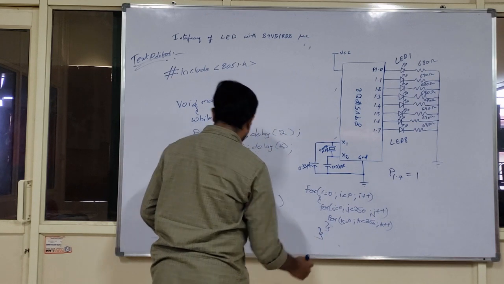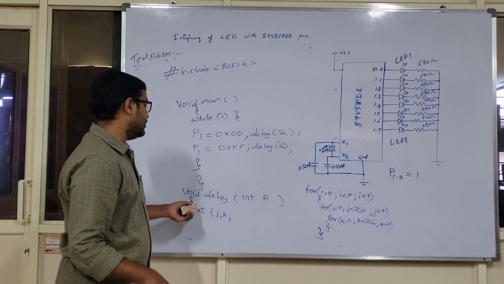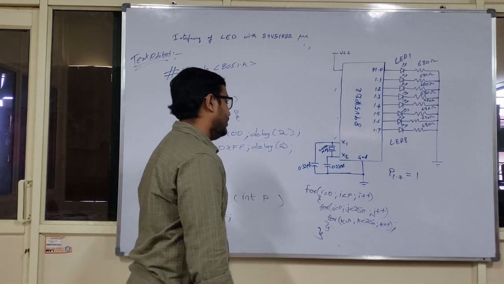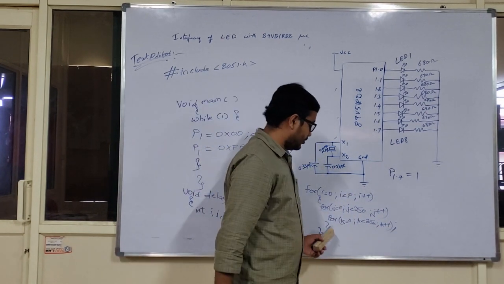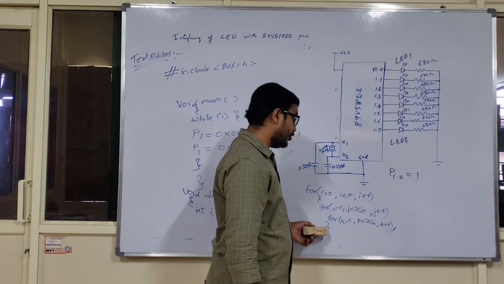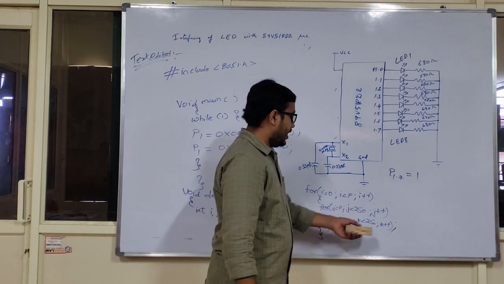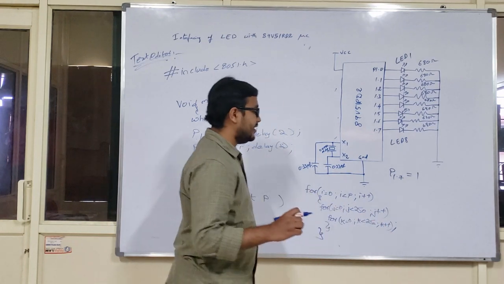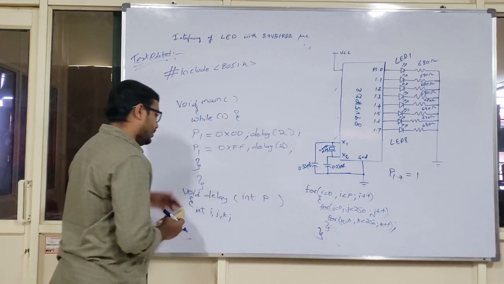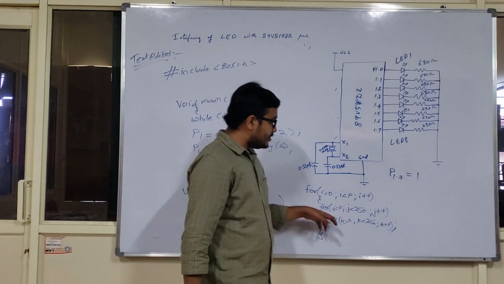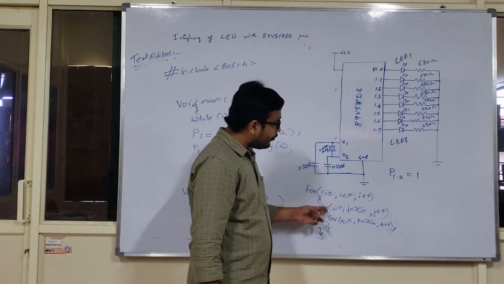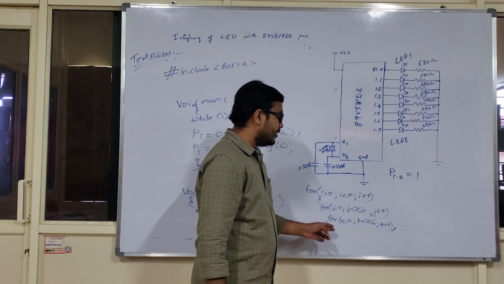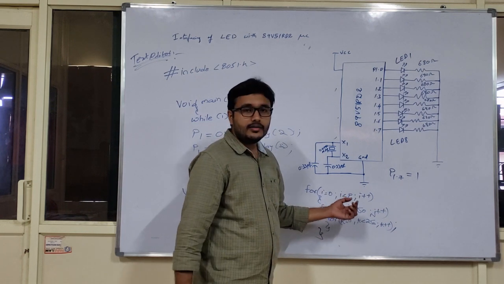So I am using one more flower bracket to close the definition for my void delay. Whenever I am closing the definition, before closing your flower bracket, I have to definitely use the semicolon, which indicates that the definition has been completed. Now, I assume that these 2 for loops are going to provide a practical time of